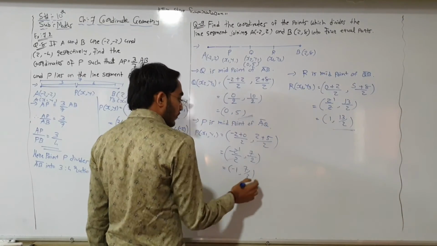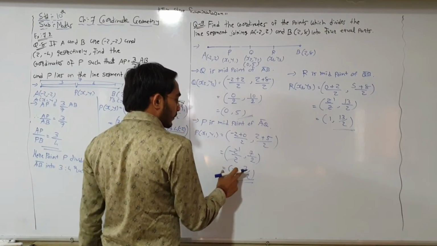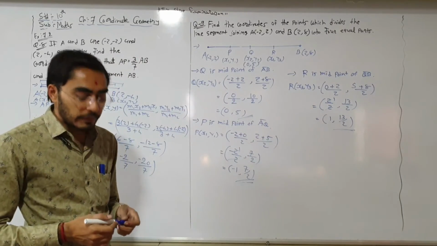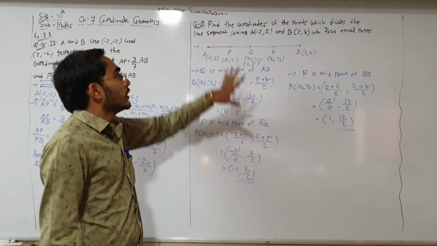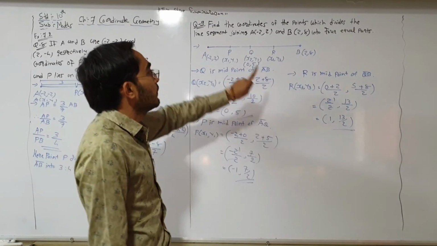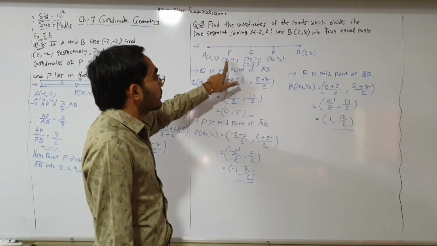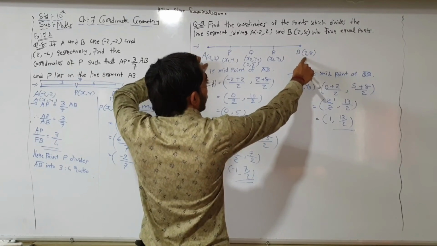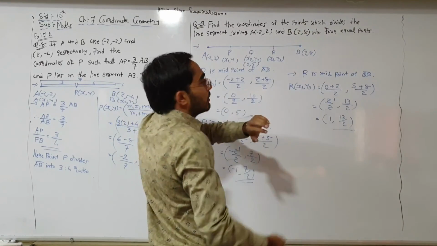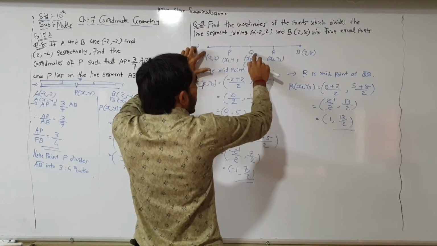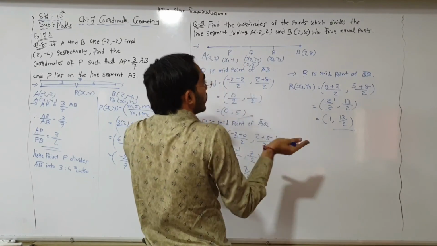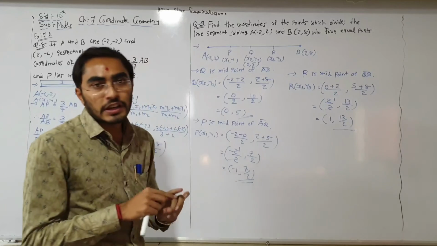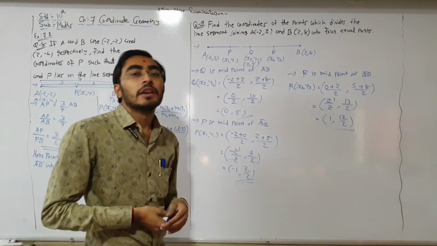Okay, so P (-1, 7/2), Q (0, 5) and R (1, 13/2). So in this way we can find the coordinates. Okay, so here we need to make the 4 parts. So for that given 3 points P, Q and R, x1 y1, x2 y2, x3 y3. First of all, Q is midpoint of AB. So दोनों के x coordinate का addition divided by 2, दोनों के y coordinate का addition divided by 2. Now P is a midpoint of AQ. दोनों के x coordinate का addition divided by 2, दोनों के y coordinate का addition divided by 2. Then R is a midpoint of QB. दोनों के x coordinate का addition divided by 2, दोनों के y coordinate का addition divided by 2.